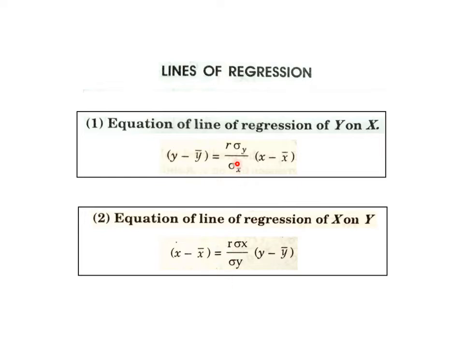Sigma x means standard deviation of the x series, sigma y means standard deviation of the y series, and small r means Karl-Pearson correlation coefficient. You must remember, it is nothing else. It's the Karl-Pearson correlation coefficient, and x bar and y bar in those two formulae are the means of the x series and y series respectively. So that is about the characteristics of these two formulae. We will discuss the practical part by virtue of one problem in the next slide.